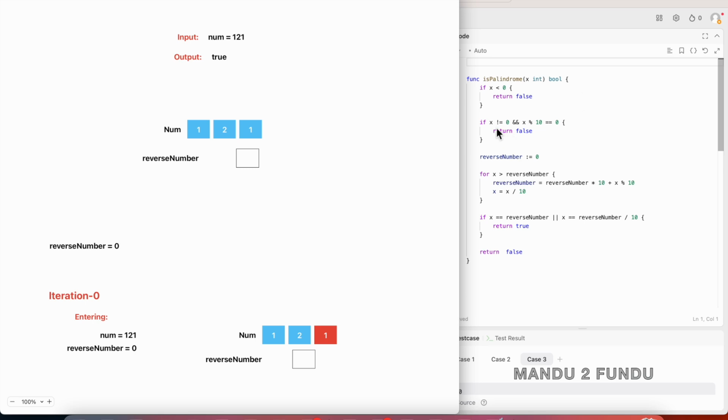So that's why we check whether the current number is not equal to 0 and it is a multiple of 10. In that case we have to return false. So in this case the last digit is not 0, then we go ahead and initialize the reverse number to 0, and then we enter the for loop,